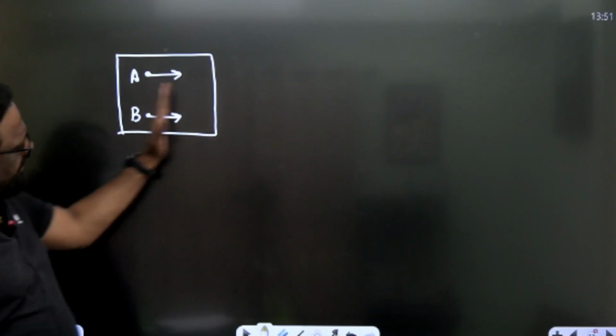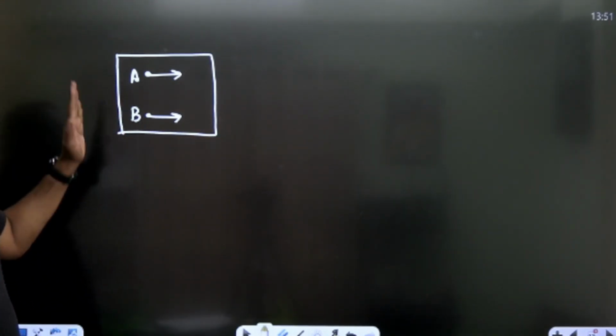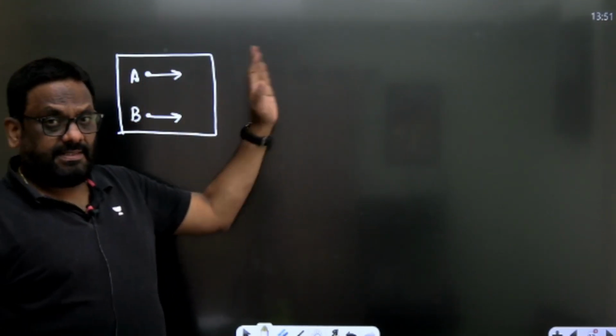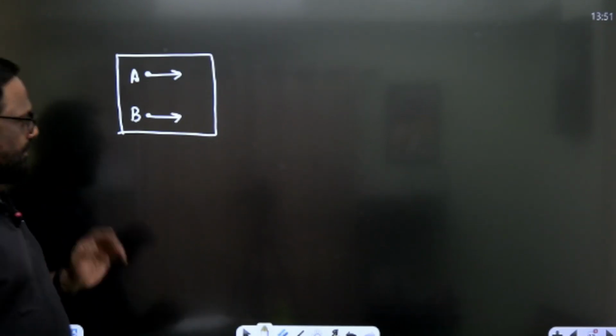When it undergoes pure translation, what is the relative velocity of B with respect to A? Both are moving with the same velocity. There is no relative velocity. Under pure translation, there is no relative velocity. अब देखो,